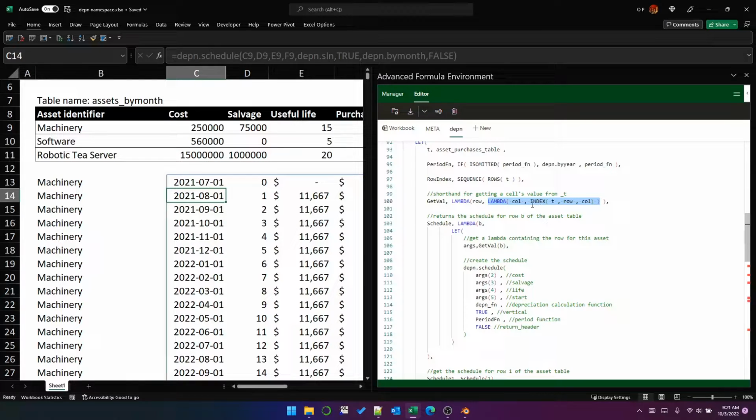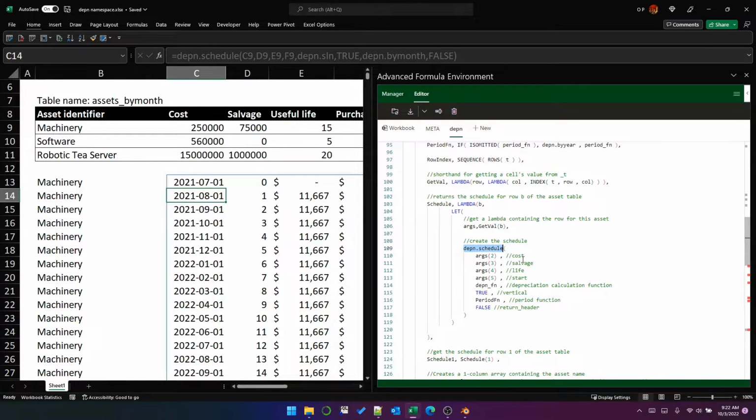And what we end up with is a lambda function that accepts a column number to retrieve a piece of data from a row. So by assigning getVal B like this, this actually represents a row of data from the asset table. And we do that because we can now call the depn.schedule function, which was explained in great detail in another video, so I'm not going to go into it now. And using that args, which again is a row,